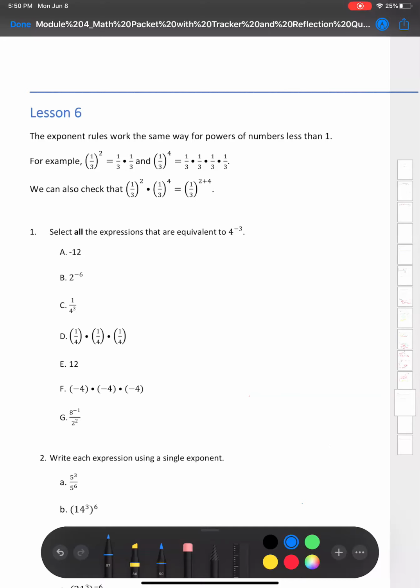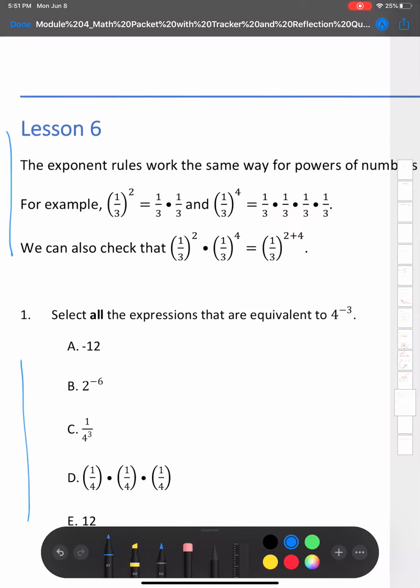So here in the sample problem, we are seeing that the exponent properties apply to numbers less than 1. But when you get into it here, and I'm going to demonstrate one of these problems for you, you will see that actually the properties of exponents apply to any number. All right, so let's look at this. It says right here, the exponent rules work the same way for powers of numbers less than 1. Okay, so for example,